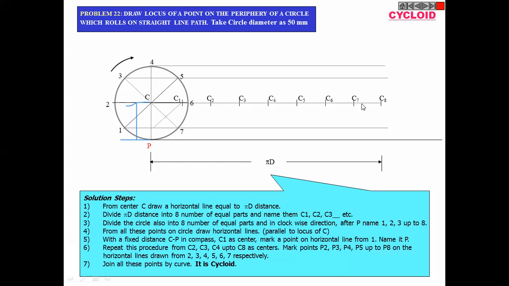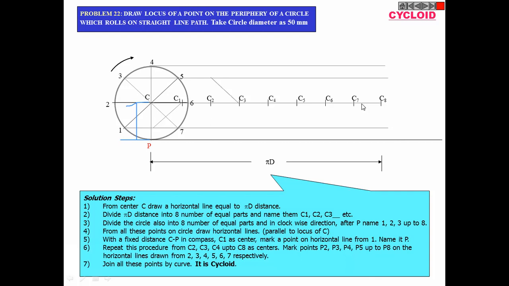Okay. Now, for the first point, we will put our compass on point C1. The radius is fixed, CP is the fixed radius. Now we will put one point of the compass on C1 and cut an arc on the horizontal line coming out from point 1. So from C1, we will cut an arc on line 1. Same way from C2 on the second line, but it is coinciding with this horizontal, so we are not able to see it. That we will realize when we draw the curve.